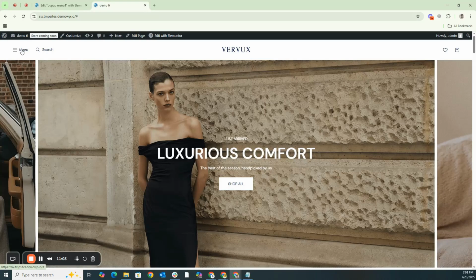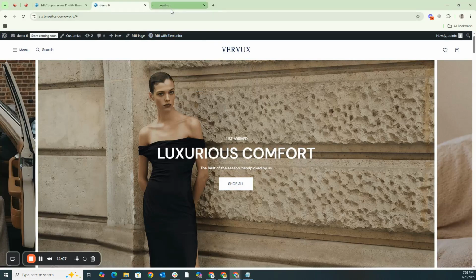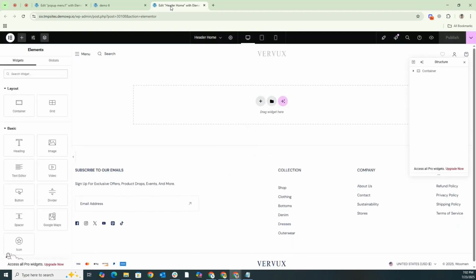Now we need to add this newly created pop-up to our existing header section. So we simply have to edit our header using the Elementor page builder. Our header has already been almost entirely edited and designed within Elementor at this point. So now we will see exactly how to assign the custom pop-up we have just created to the designated menu button. This is in fact the most crucial and important part of this entire video tutorial.